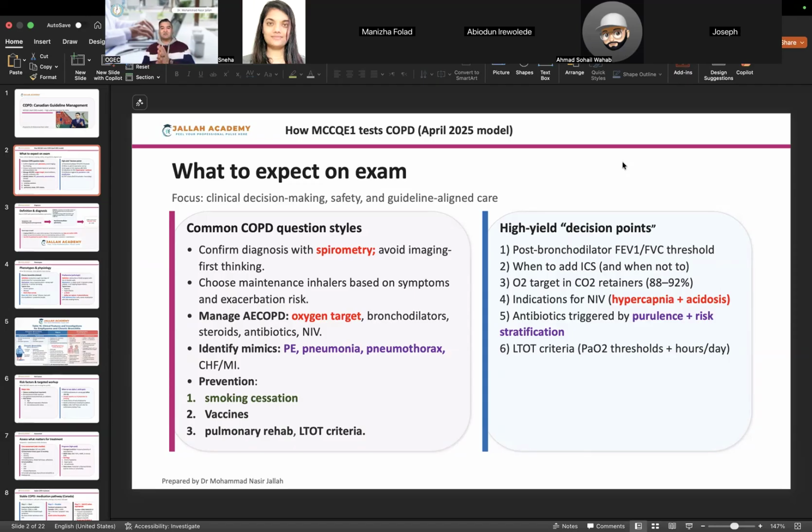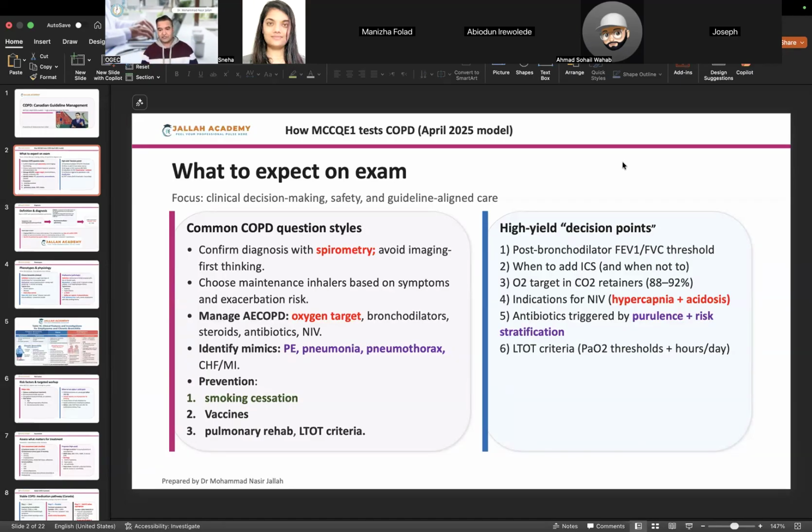If it is less than 7.0, then it is definitely COPD. So when to add a steroid and when not to add it, and what are the times that we have to step it down or taper it down to prevent another condition. Oxygen targets to prevent from the CO2 retainer, which I did mention that you need to keep it between